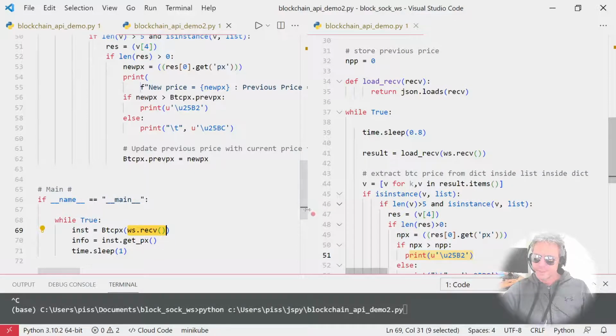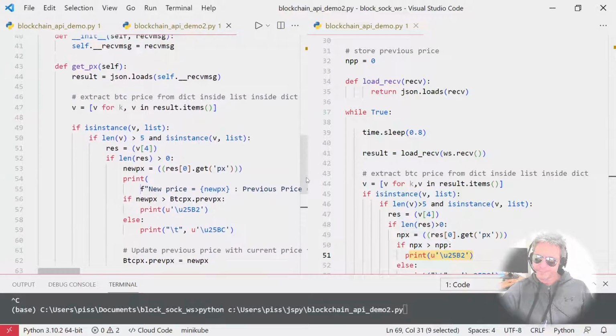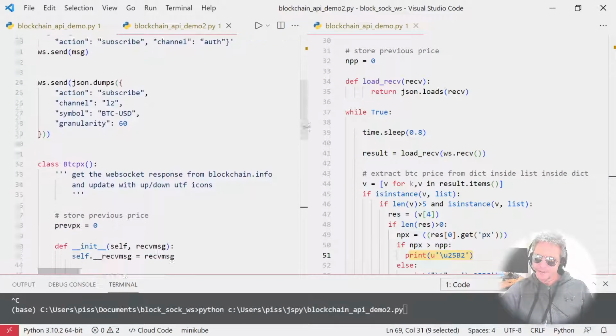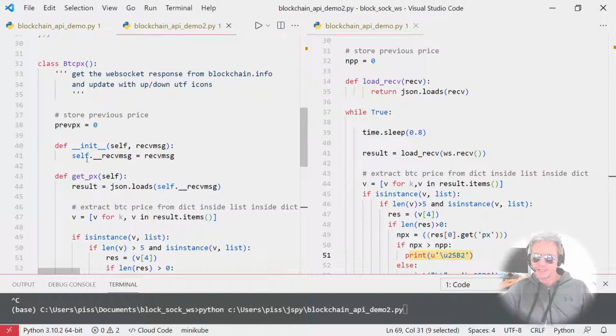But as I say, when that class ends, you would lose the previous price information if you'd stored it in here as self.previous price. So you put it up here,